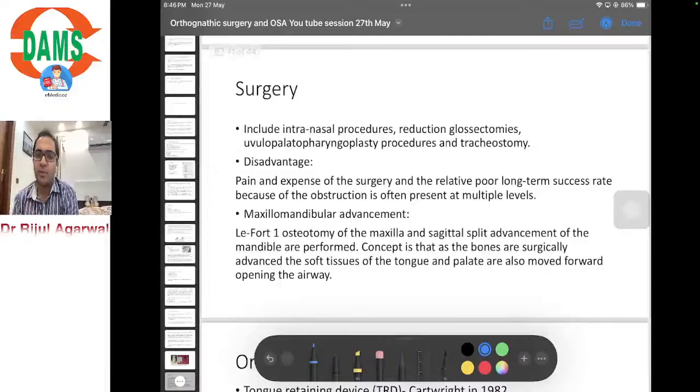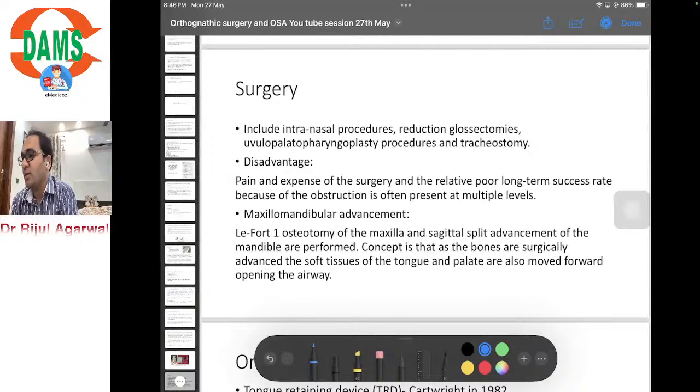Next treatment modality would be surgery. As I've already told you, these are done to advance the maxilla or the mandible so as to increase the airway volume. So which includes intranasal procedure, reduction glossectomies, uvulopharyngoplasty procedures, and tracheostomy. Disadvantage again would be the pain and expense of the surgery and poor long-term success rate, because the obstruction is